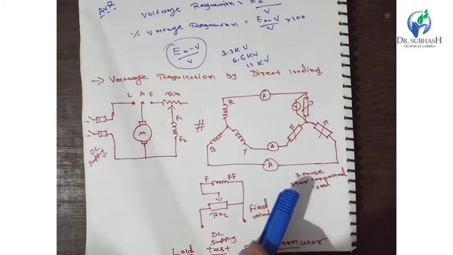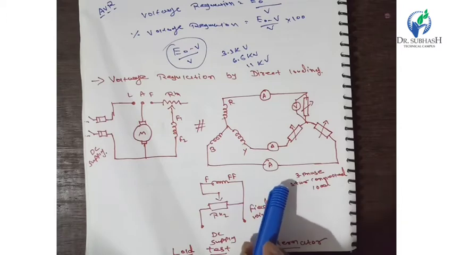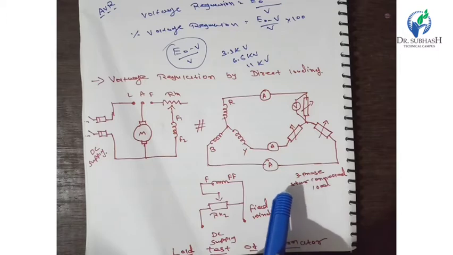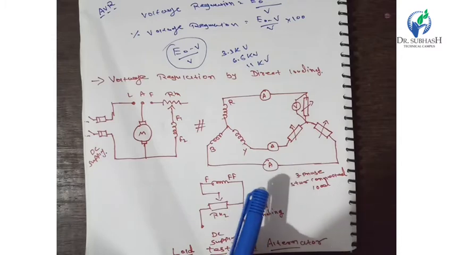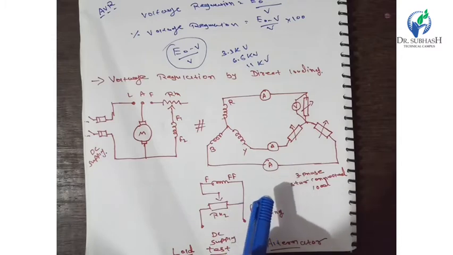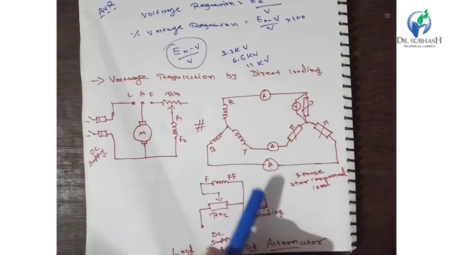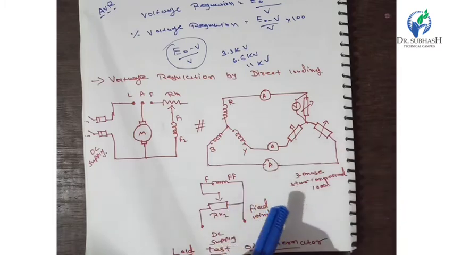Under the loaded condition, armature reaction takes place. The armature reaction is demagnetizing when the load power factor is lagging, resulting in more drop of the generated voltage, so the terminal voltage decreases. In the case of a leading power factor, the terminal voltage rises. This effect can also be studied during this test.